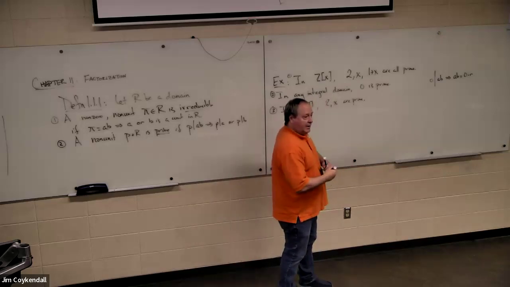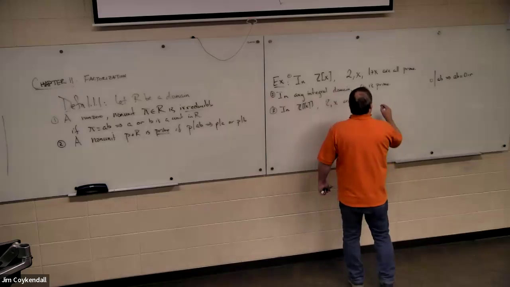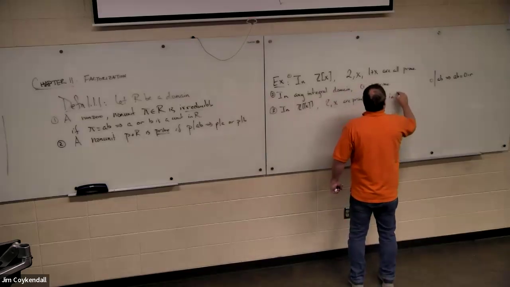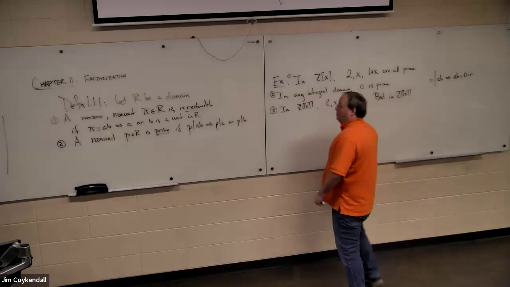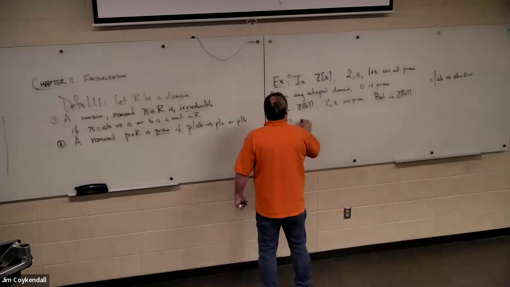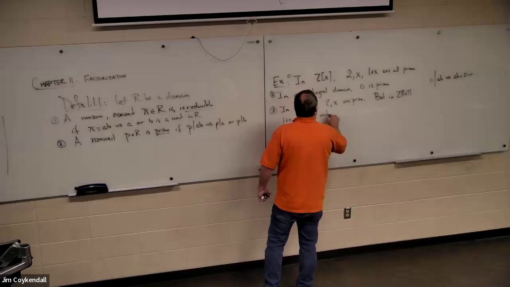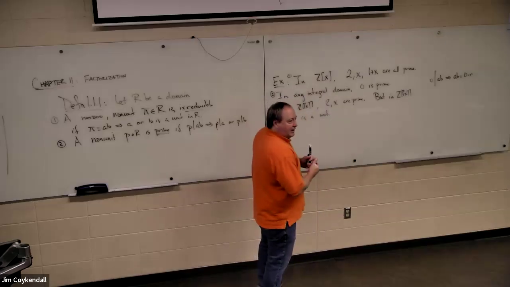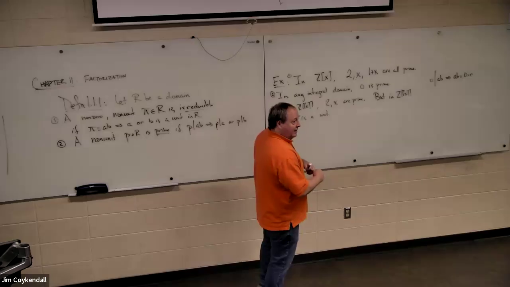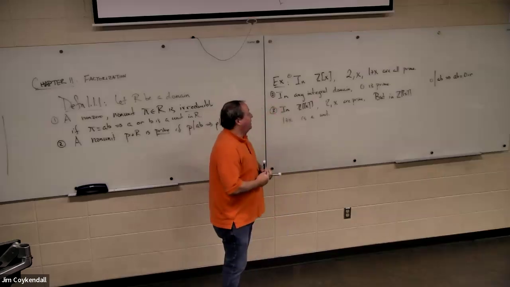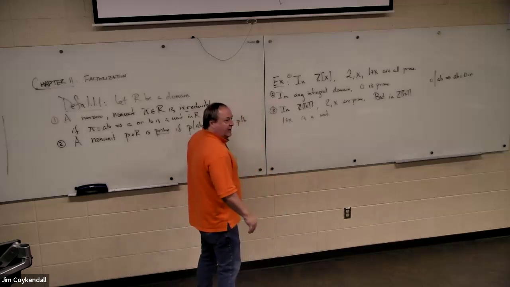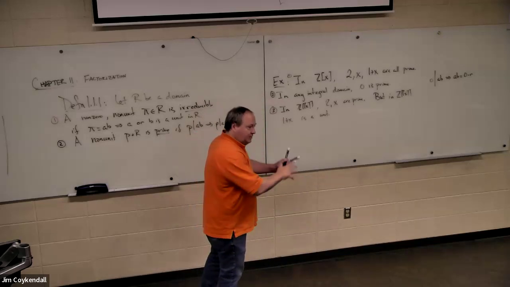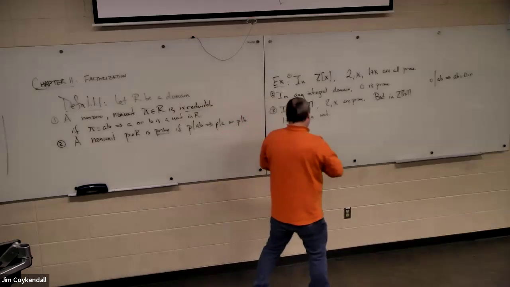Does anybody know why? 1 plus x is a unit, so it can't be. Yes. So why is 1 plus x prime in Z[x] but not in the power series ring? I have not explained that really yet. This is just an example. I could go through it and show this by definition, but it would be tedious. I'm going to give you some stuff later that will make this clearer, right? But 1 plus x is a unit